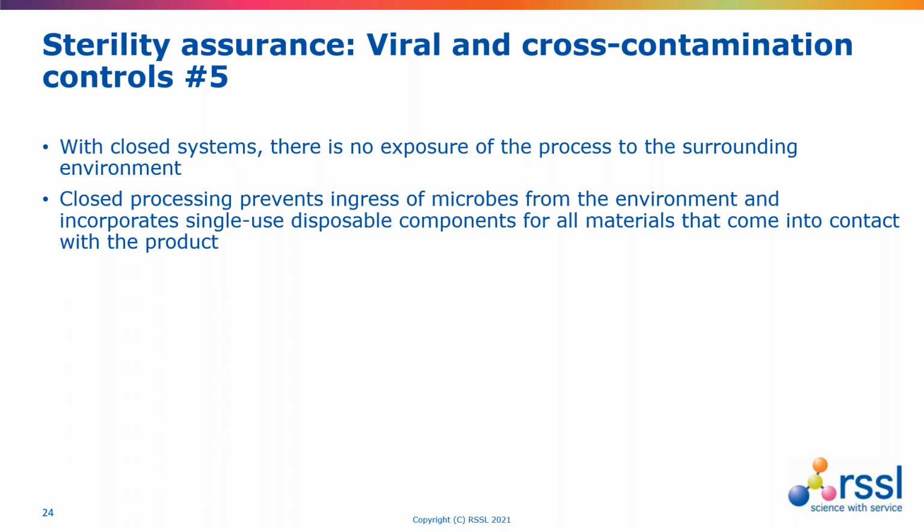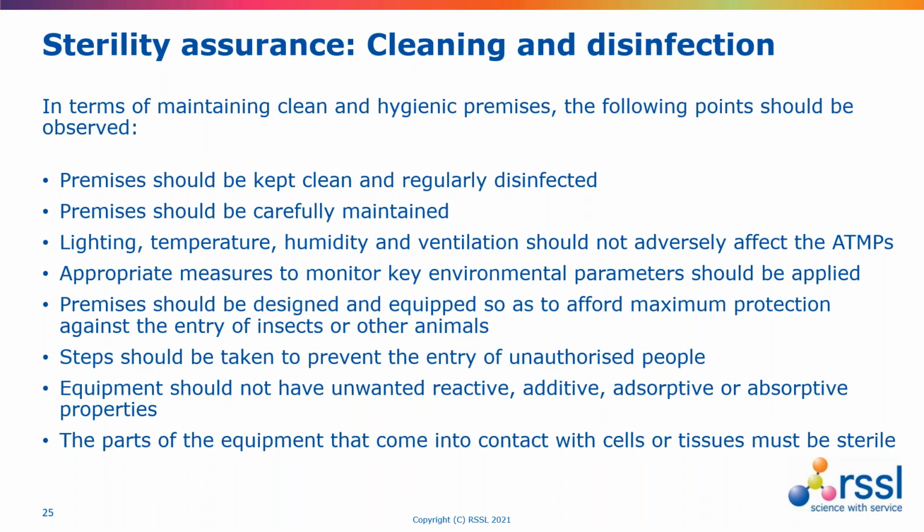In terms of general cleaning and disinfection, there is also the now increasingly frequent use of vapor hydrogen peroxide products as well. Other key sterility assurance aspects include controlling of repairs and maintenance, particularly if anything needs to take place during the manufacturing operation. It's important that these activities do not present any hazard to the quality of the products,